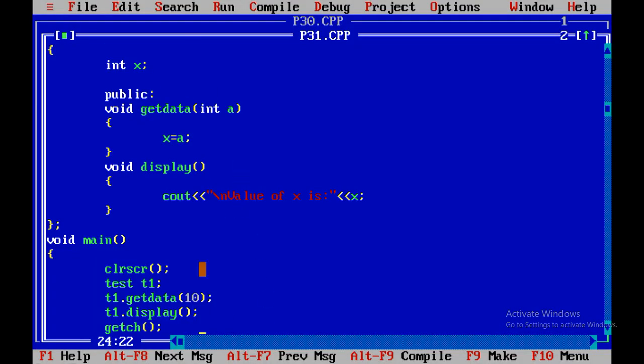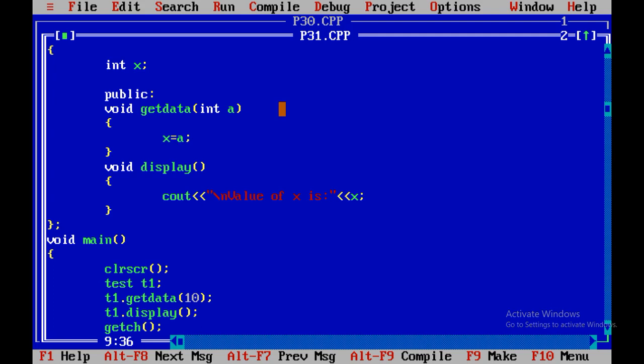Value of x is 10. There are no changes in the given code. This program we have already performed in our previous session. What we did: we created class test, then we created the object of the test class t1, then t1.getdata with the integer data type. So 10, a equals 10.